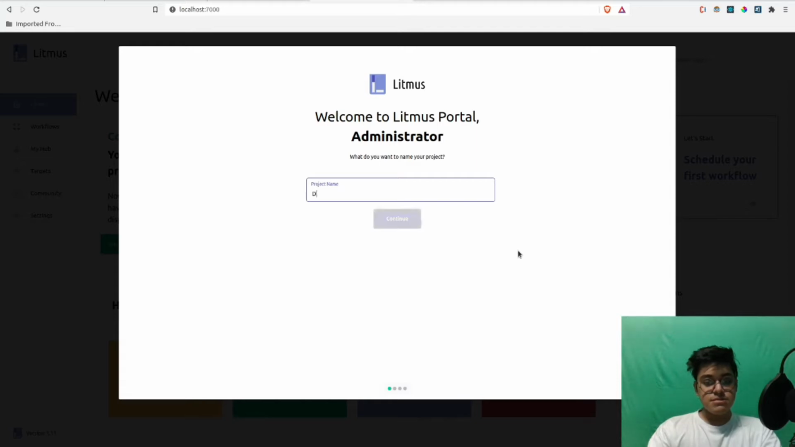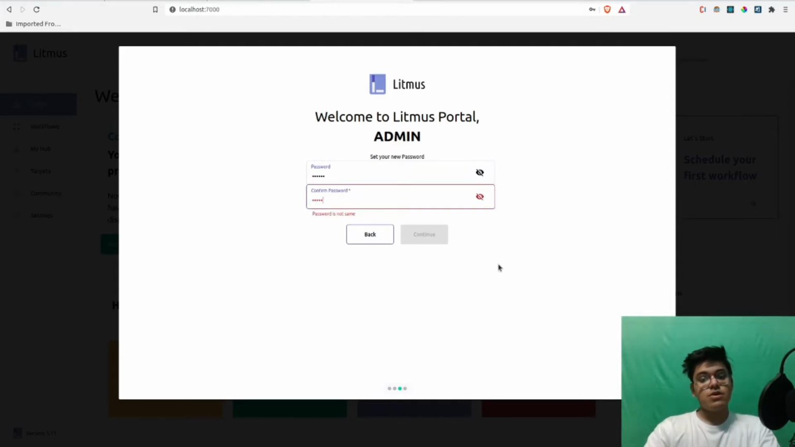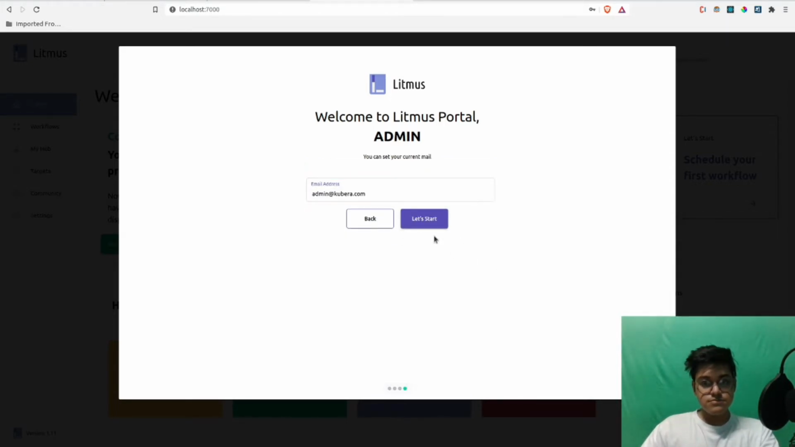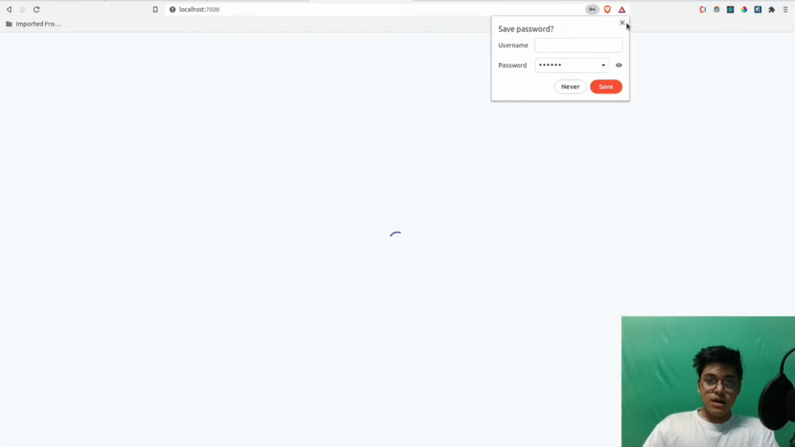So for the project name I'm gonna say demo. Full name admin is okay. I'm gonna continue and I'm gonna give a new password, but just for demo's sake I'm just gonna keep it Litmus, and it's also Litmus, so I'm not changing my password. And this is the default email address, admin@kubera.com. I'm gonna just say let's start, and it's gonna register that in the backend,